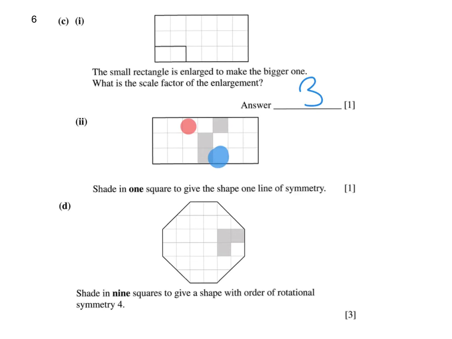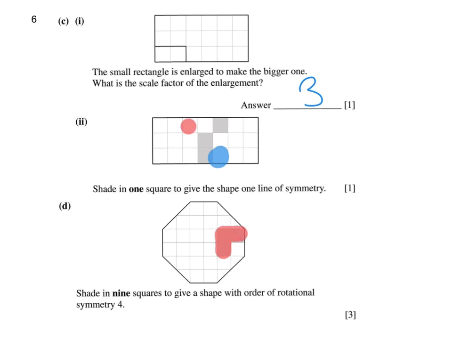In the second part, the third part down the bottom here, part D, it asks you to shade in 9 squares to give a shape with order of rotational symmetry 4. Order of rotational symmetry 4 means that as you spin that around, it fits on top of itself exactly 4 times. In other words, you basically want the pattern to be the same 4 times around the shape. That's what you want. Now the pattern that is there at the minute is 3 squares in sort of an L shape. So